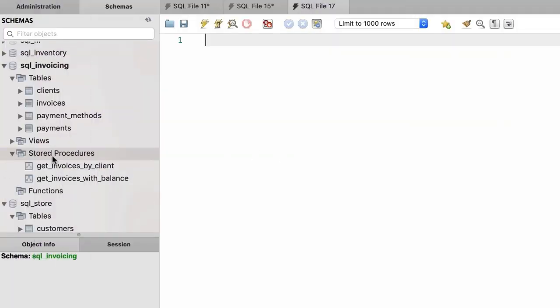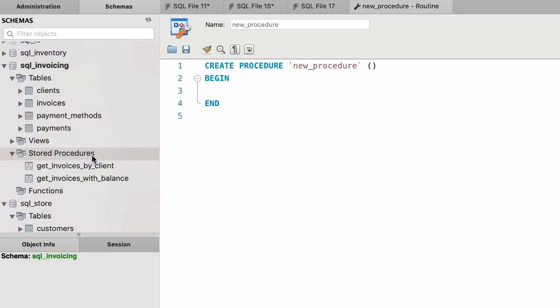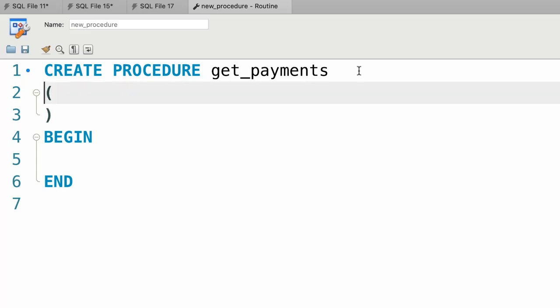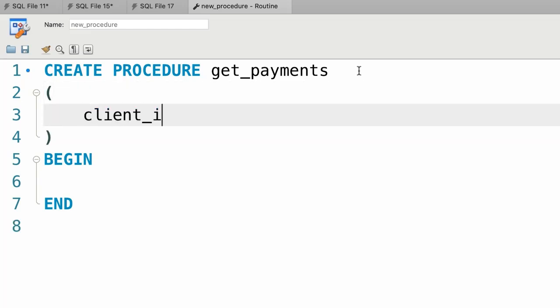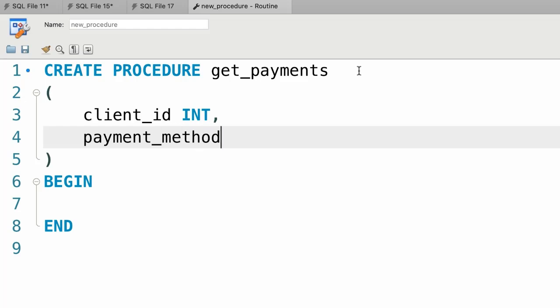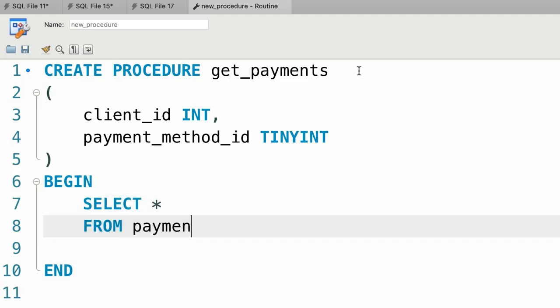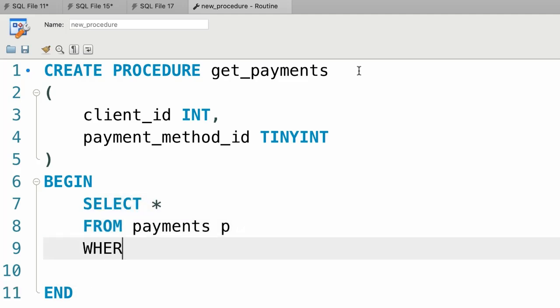All right, here's the solution. Let's create a new procedure. We're going to call this getPayments. This procedure needs 2 parameters. The first one is client ID, which is an integer, and the second is payment method ID, which is a tiny integer, right? Now here we write a select statement to select everything from the payments table, where here we